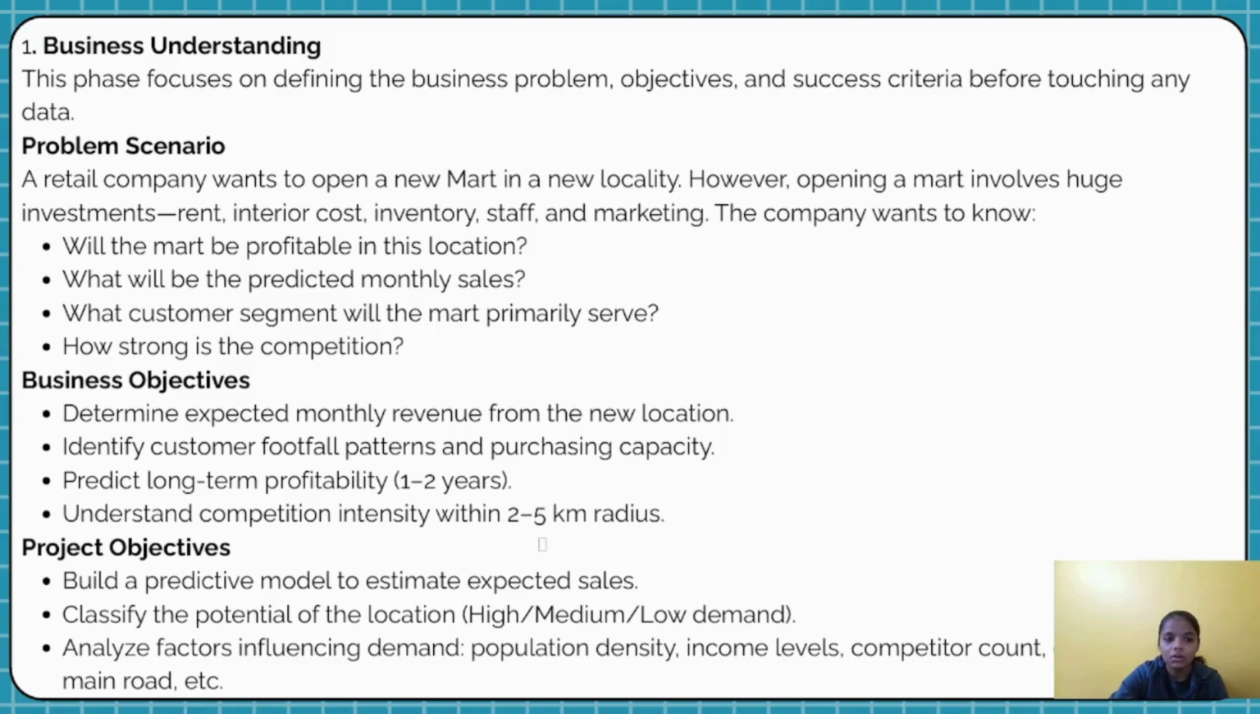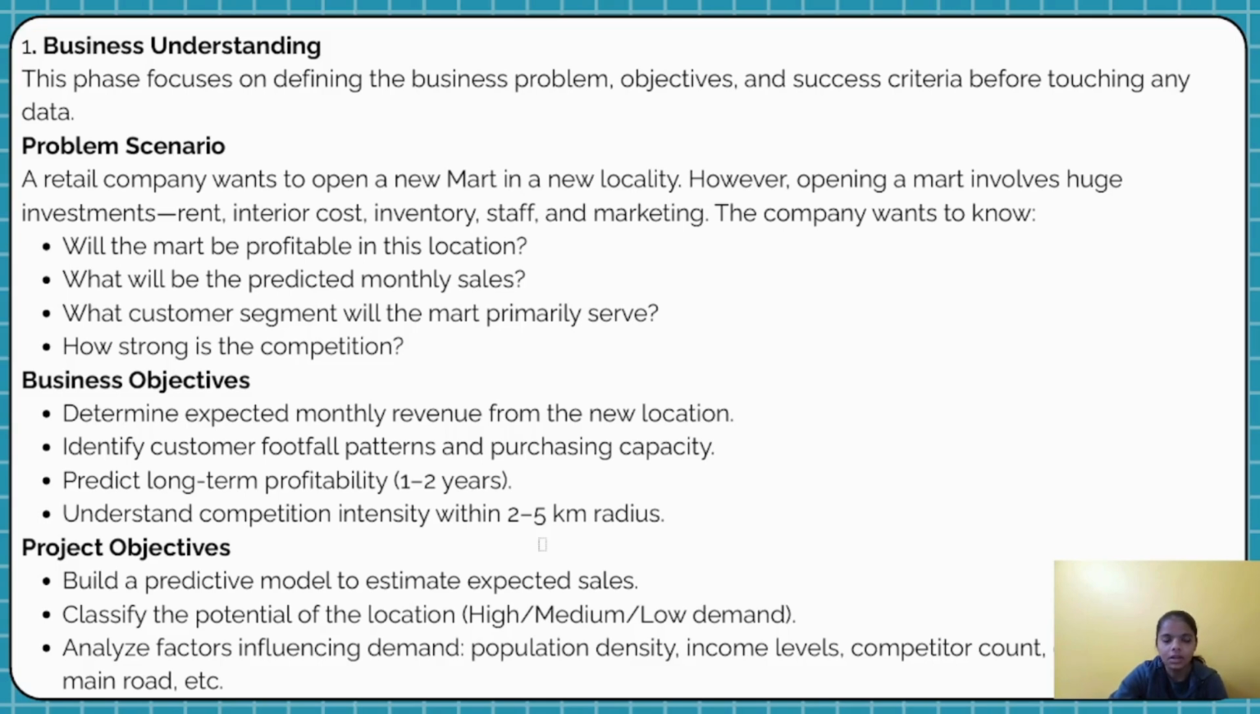So, what problem scenarios and business objectives come under this business understanding phase? First, the problem scenario: a retail company wants to open a new mart in a new location. However, opening a mart involves huge investment: rent, interior cost, inventory, staff, and marketing. This company wants to know whether the mart will be profitable in this location, the predicted monthly sales, which customer segment the mart will primarily serve, and lastly, how strong is the competition in that